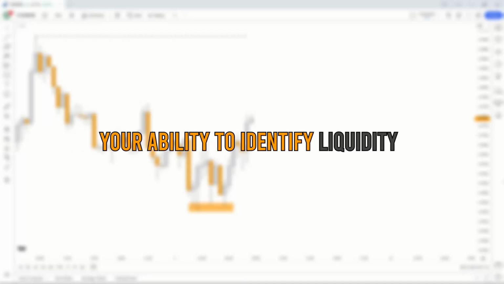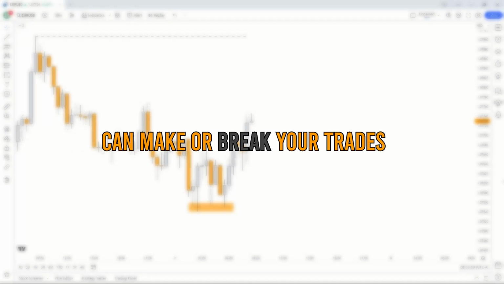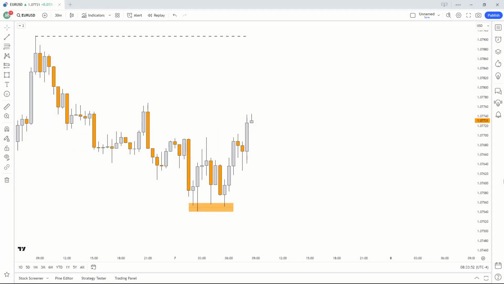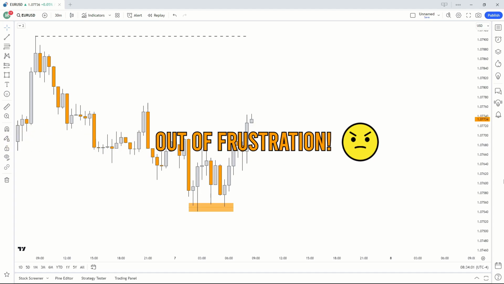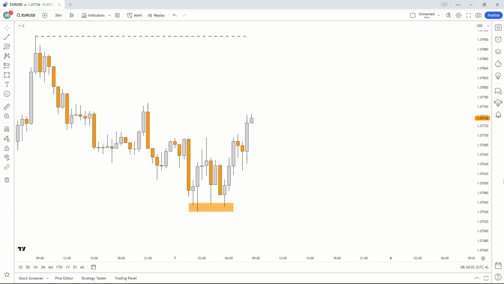Your ability to identify liquidity can make or break your trades. It can be the difference between market doing the exact opposite of your analysis, taking you out and leading to a potential loss, or possibly leading you to break your monitor out of frustration. Or, on the other hand, you understand the magnet areas market is drawn towards, meaning you can take great trades with clear targets and you can avoid taking a lot of losses that you'd usually take without a proper understanding